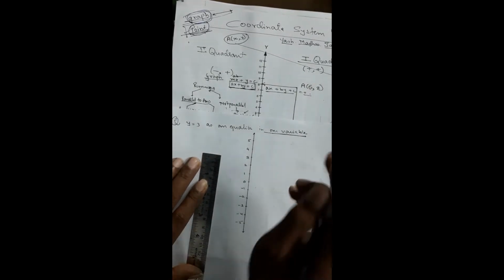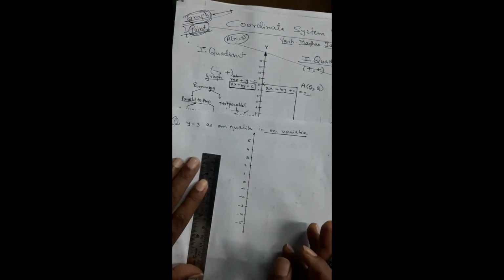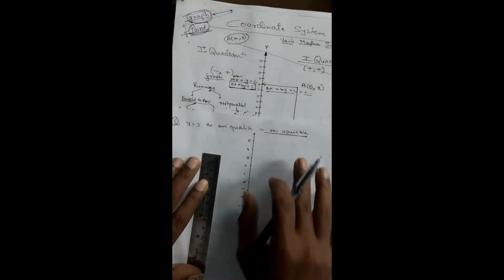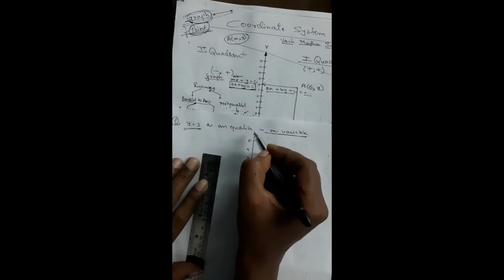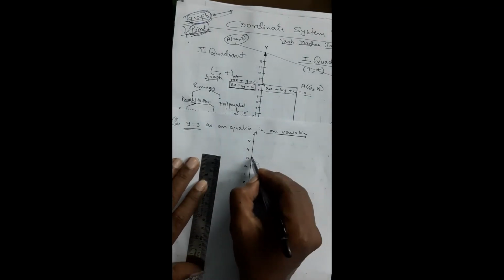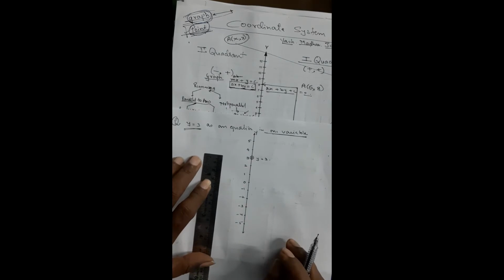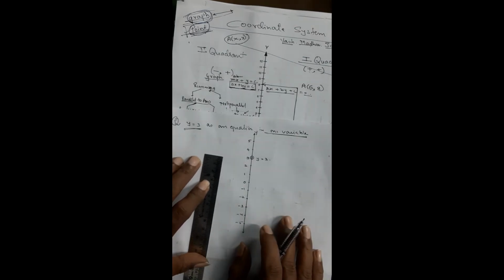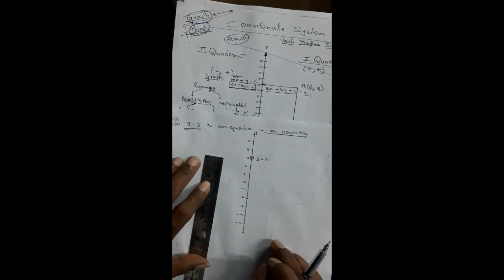When they ask you that in one variable, it means it is only one number system. It is not a coordinate system. Coordinate system means both the axes will be there, x-axis and y-axis. In one variable means only one axis will be there. So because they have asked you y is equal to 3, let us label the y-axis, and here it will be y is equal to 3. So this is the point, and this is the way you will be drawing this line, y is equal to 3.